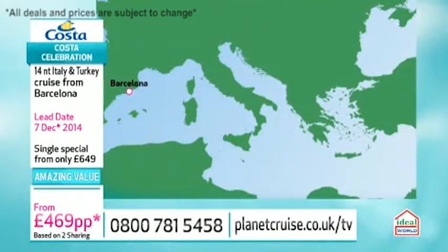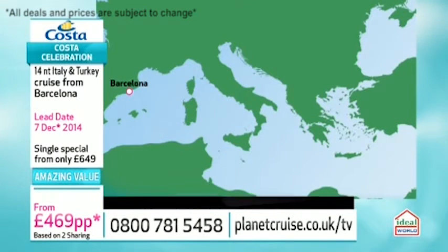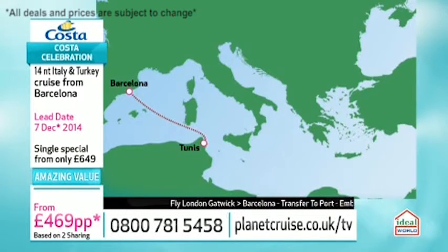And let's have a look at the fantastic destinations. And we start, of course, from London Gatwick to Barcelona. We transfer from the airport and embark Costa Celebration for a relaxing day at sea and then onwards. That's right. So sailing out of beautiful Barcelona, after that relaxing day at sea, enjoying the ship, getting to know your new home away from home, and again, all your food, all your entertainment included, and the cost